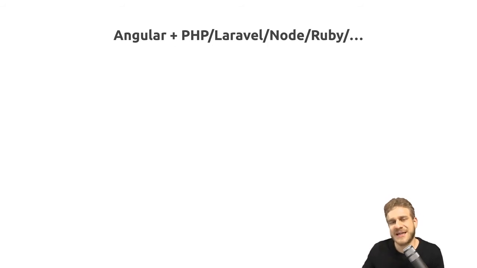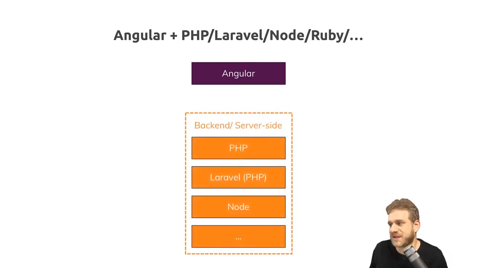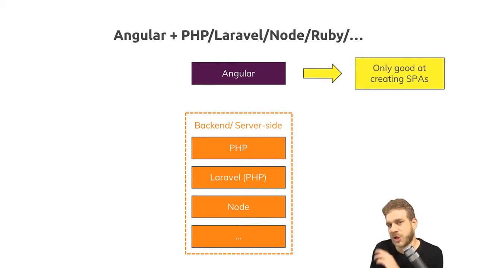Now, I often get asked, can I use Angular with PHP, with Laravel, which is a PHP framework, with Node, with Ruby, with anything? And the answer is yes, you can. Angular, in the end, creates the client-side app, a single-page application running in the browser. It doesn't care about your server because it doesn't run there. So you can build your server-side backend with any language and framework you want. Angular is only good at creating SPAs, so it only creates that, it only runs that,